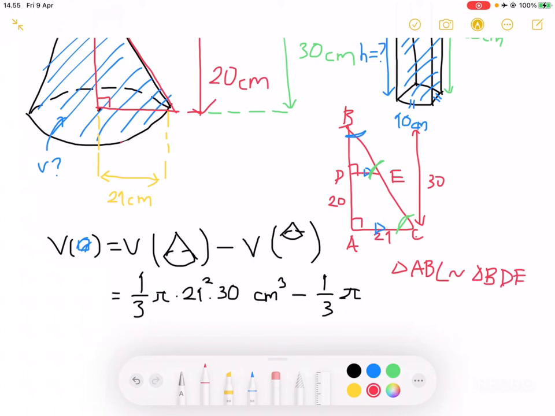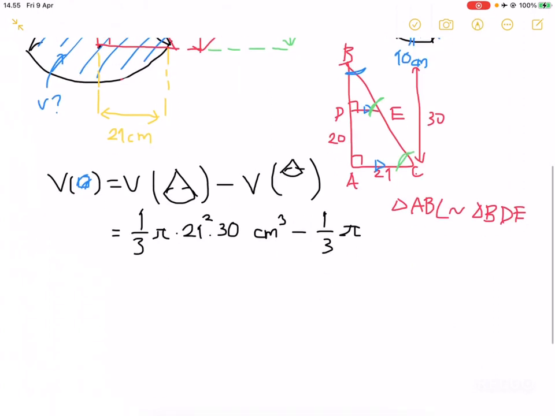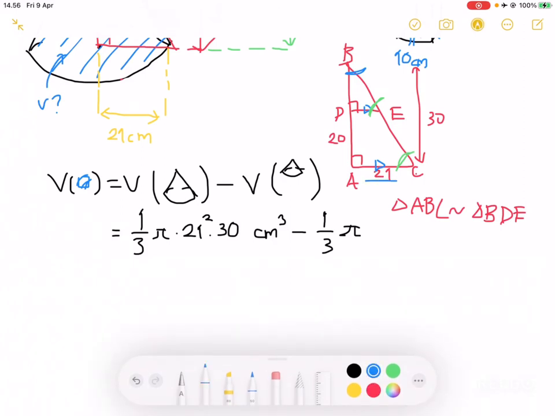And what it tells us is that the ratios of the sides must be equal. So let's just say that we want to compare this line segment with this line segment. So we have 21 over DE, which is our unknown line segment, is equal to, let's see, well, we can